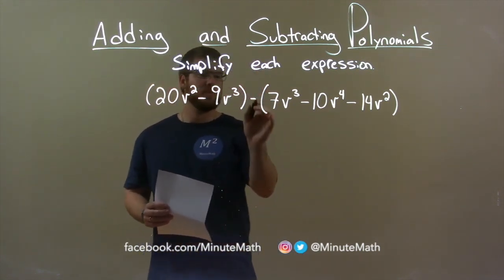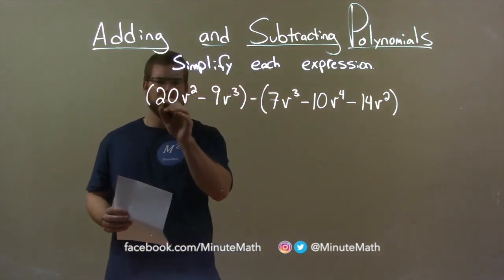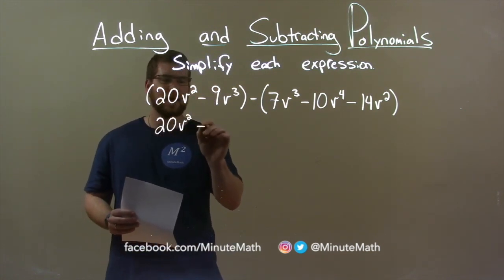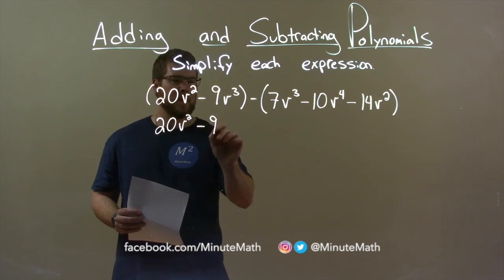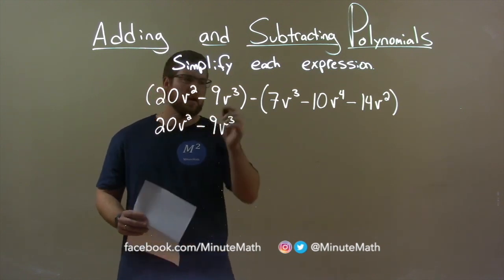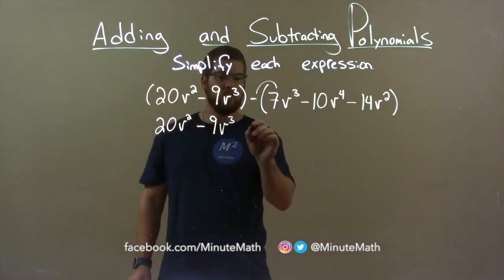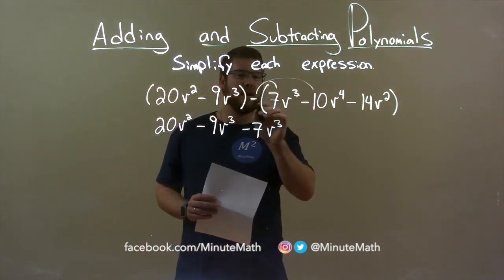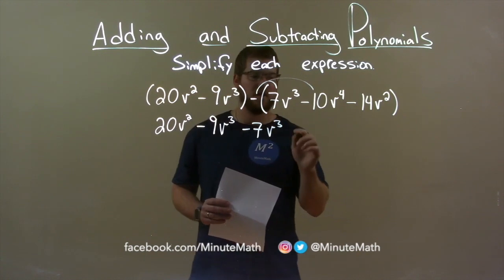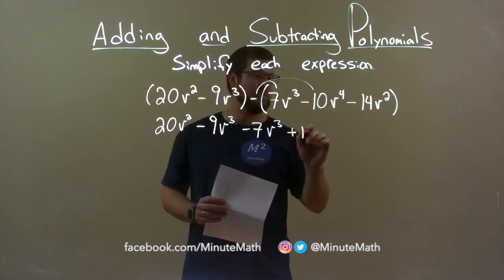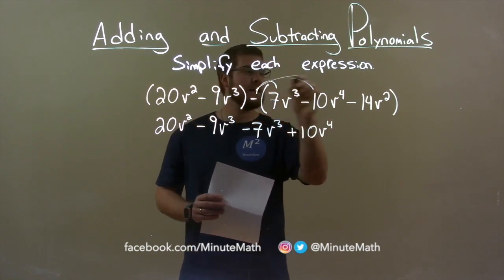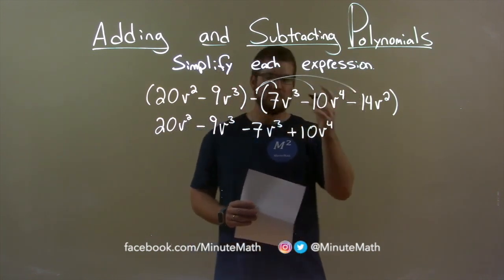Now we have to distribute this minus sign. So let's bring down the left parenthesis, 20v squared, and at this point I don't need the parenthesis. Minus 9v to the third. Let's distribute the minus sign. We have a minus 7v to the third here, and then a minus and a minus become a positive. So we have a positive 10v to the fourth, and we do it again to the last minus sign, which becomes a positive